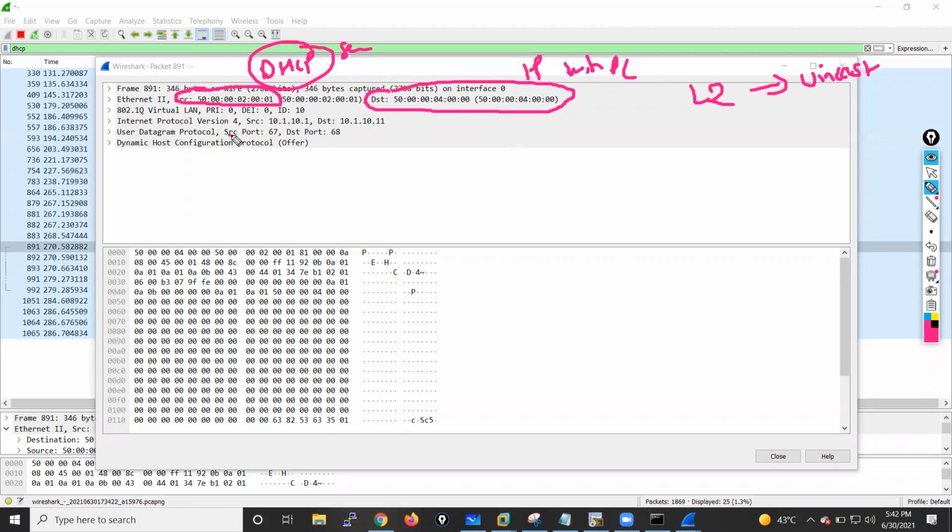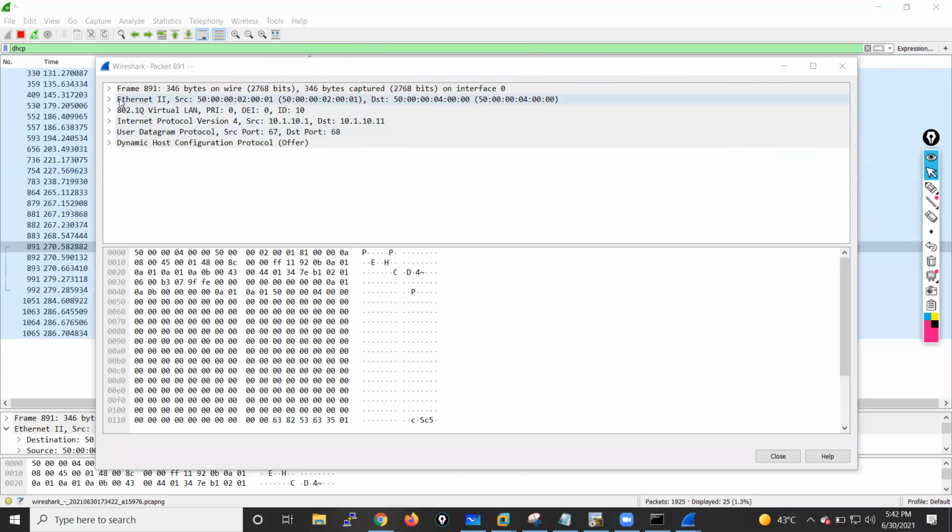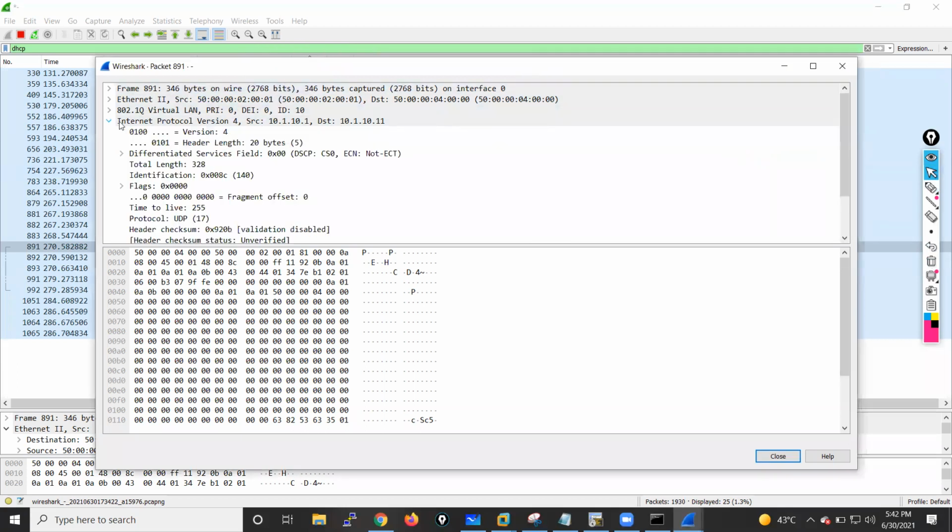Now the source port is 67, meaning the server is using UDP 67, and the destination is 68, which is the port at the PC end, right? Internet Protocol IPv4 address: source is 10.1.10.1 and destination is 10.1.10.11. This particular message is an offer message, right? So generally what happens in an offer,